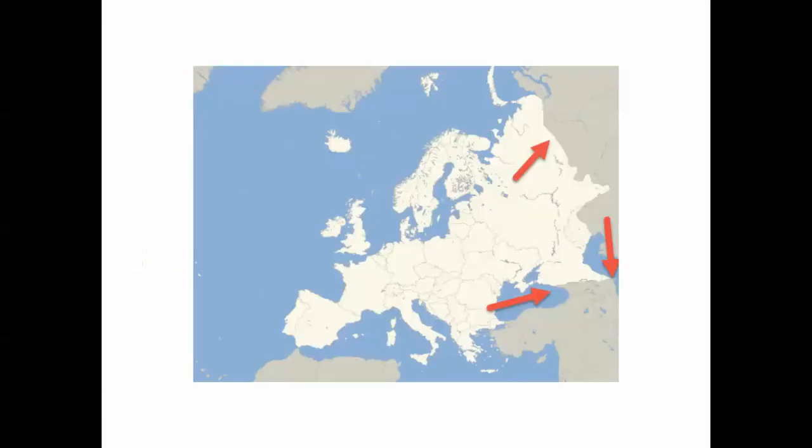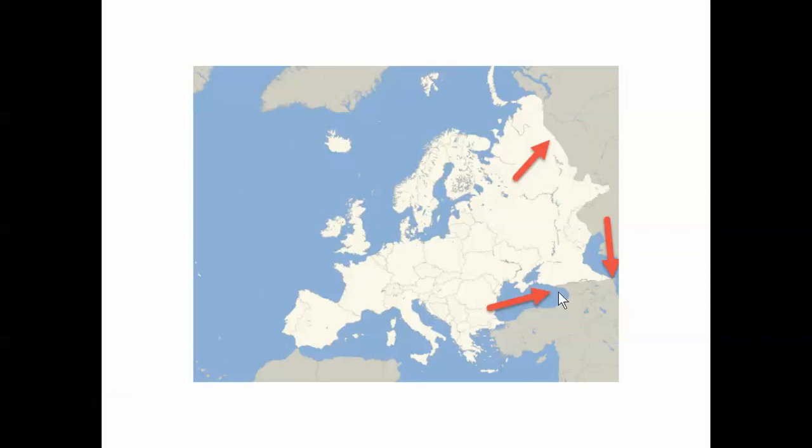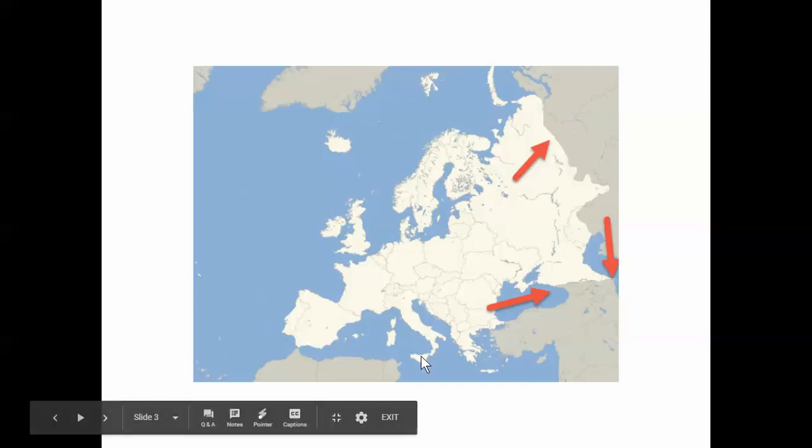So let's take a quick look. From the standpoint of where is Europe, I'm going to make this fairly simple. Europe is bounded by the Caspian, the Black, and then the Mediterranean and Atlantic. So we see water bodies. That's part one. Again, the Caspian and Black Sea, and then of course the Atlantic and the Mediterranean.